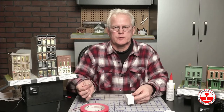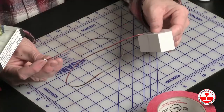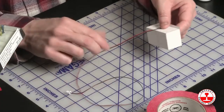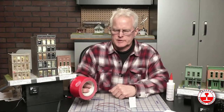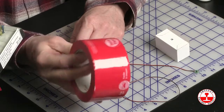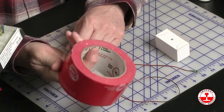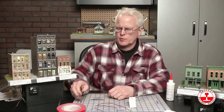The LEDs are included with the kit, as well as the wire and the plug, and as I mentioned, they're compatible with Woodland Scenics. I like to tape them in. You can also use hot glue, but I find tape is easier. One thing I like to use is tuck tape, which is a tape that they use to put insulation on buildings. It's designed to last a long time, and after 36 hours it's pretty much cured and it's not coming off of your roomette. So I just cut a small piece like that,